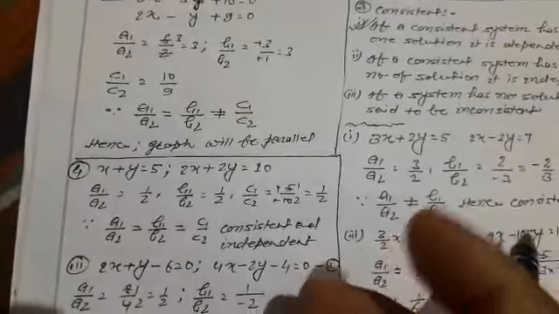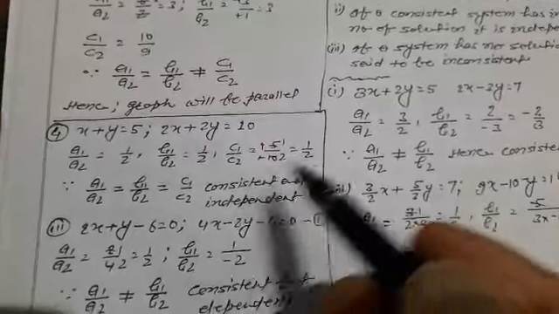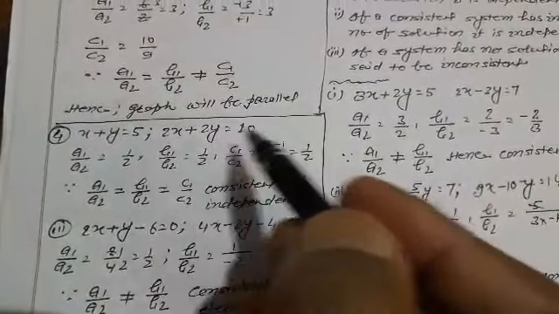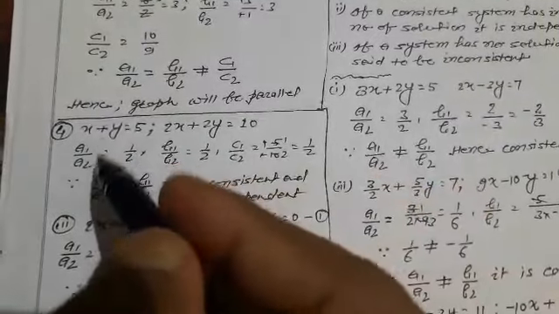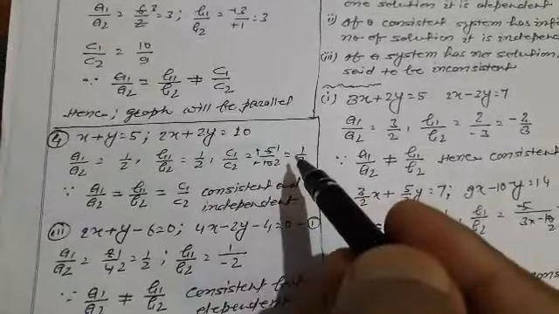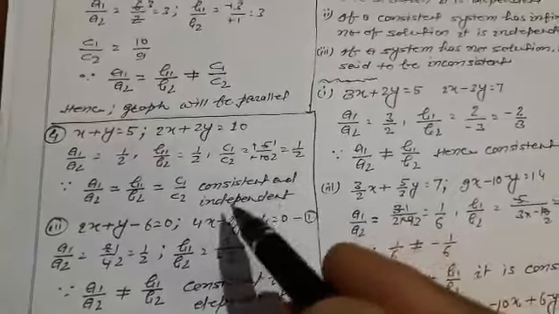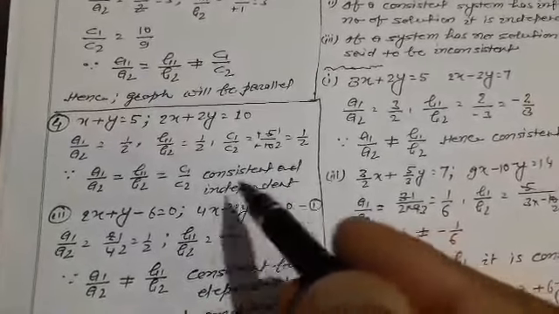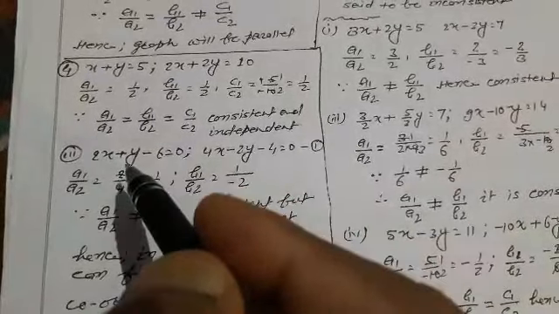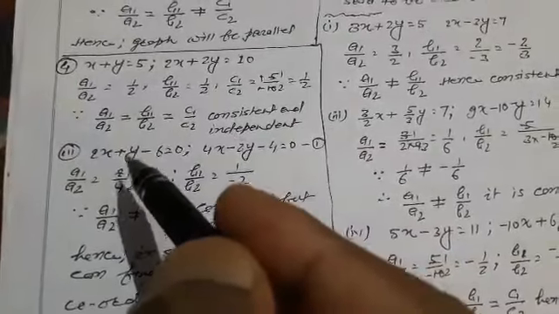Now here is the next question. Also the same thing: x plus y equal to 5, 2x plus 2y equal to 10. At first we find a1 by a2, b1 by b2 and c1 by c2. In all those situations we find that their ratios are equal, so it is consistent and independent, meaning an infinite number of solutions. Again in the next question, the third question of the four,